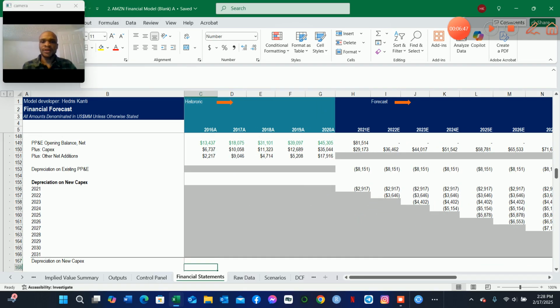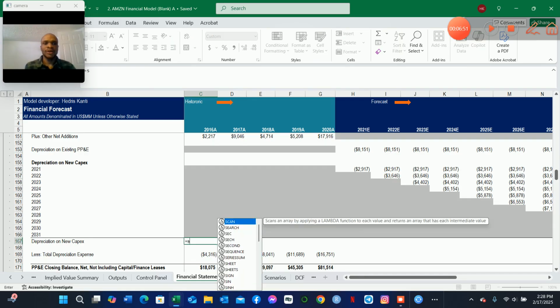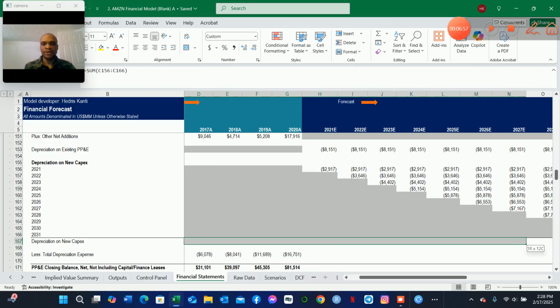Now we can calculate the depreciation of new capital expenditures, which is going to be equal to the sum of, we just begin from these empty cells here, in case there was any depreciation that was made in the